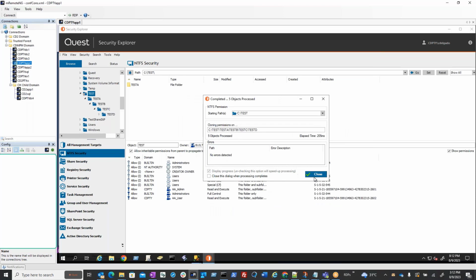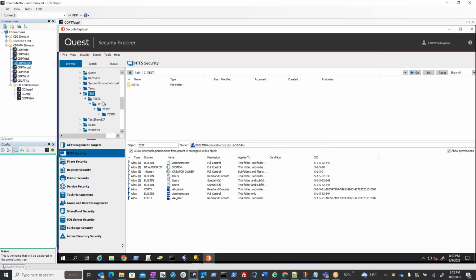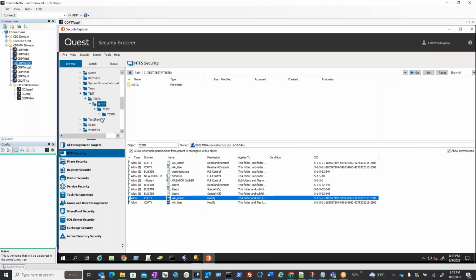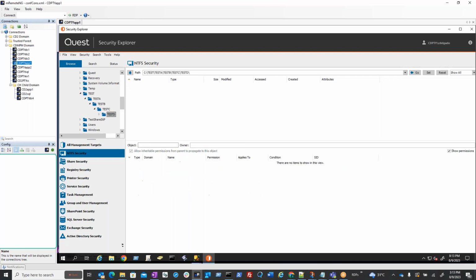Okay, this completed, no errors detected. Now we're going to do a little validation. On the test parent folder, we see that user has the same permissions as admin, right? On test A, it inherited the same permissions. On test B, as you see, user has modified permissions. So it was given the same permission that AA admin had explicitly given here. And then test C, it goes back to read and execute, and test D, read and